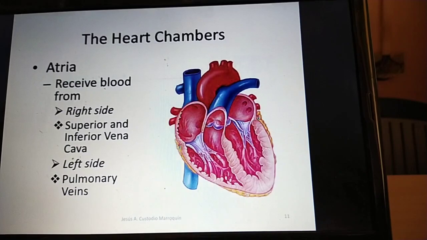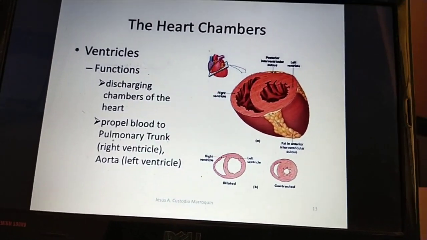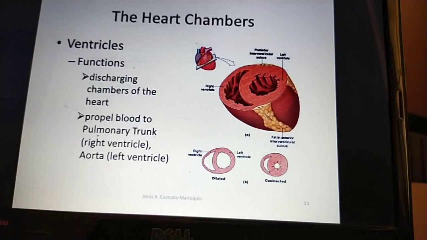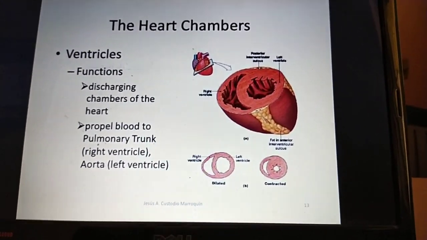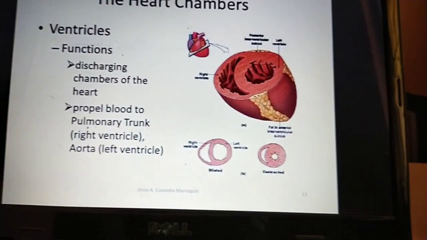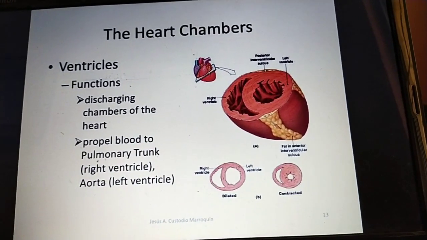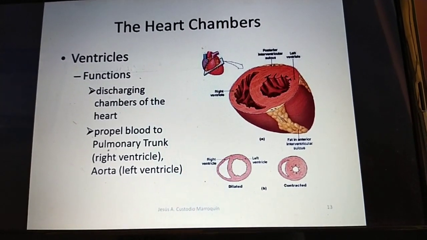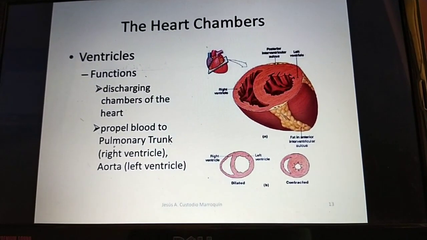Now we can go for the ventricles. I already told you ventricle means hollow, or passage, or cavity in the organ. These ventricles are the discharging chambers, which propel the blood to the respective arteries, and as compared to the atrium, they are thicker and larger in structure.